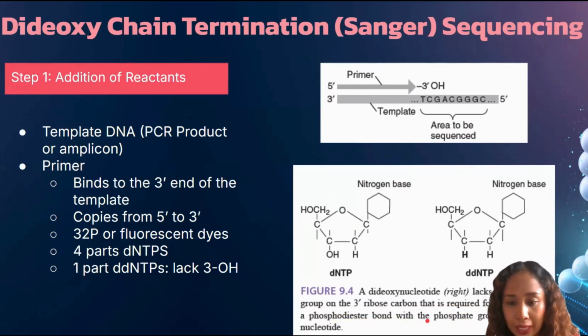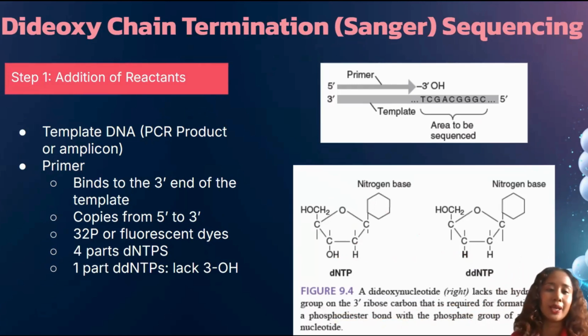If this is an OH bond, another nucleotide could attach. But since it lacks the OH bond, it ends there. That's why we call it termination. It terminates the growth of a new strand.